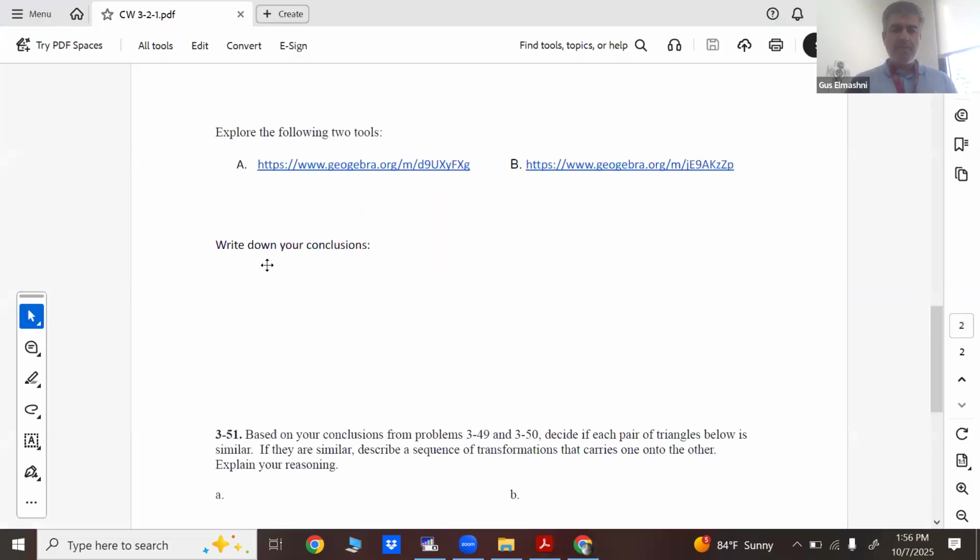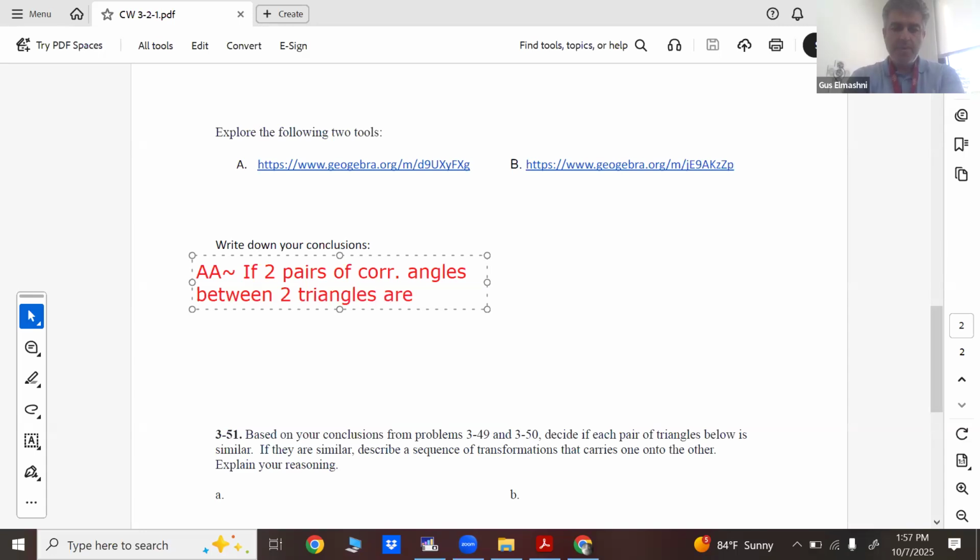I'm going to type this up for you guys. So AA similarity. Ooh, I got a little tilde sign. Very lovely. AA similarity means if two pairs of corresponding angles between two triangles are congruent,